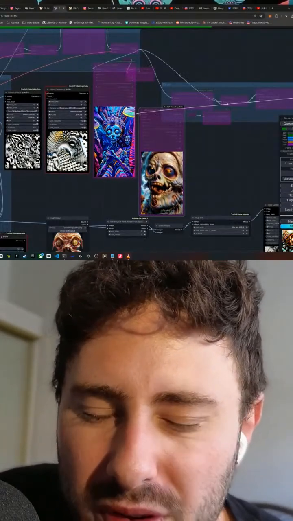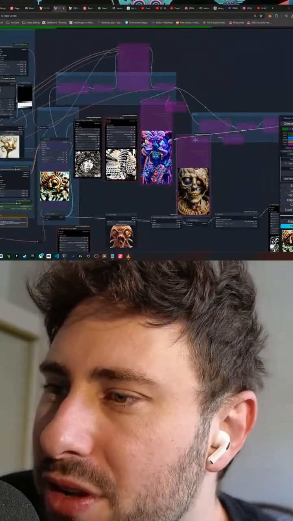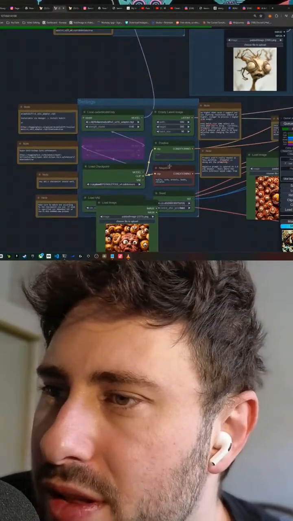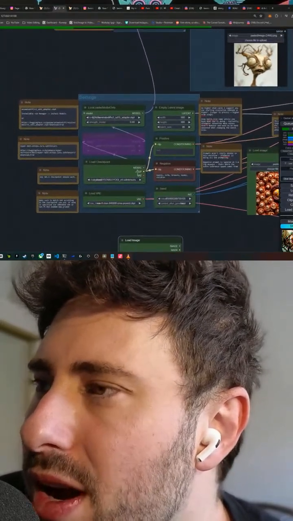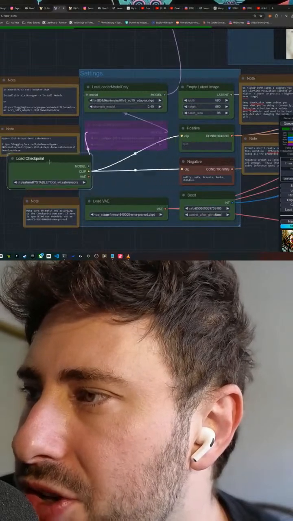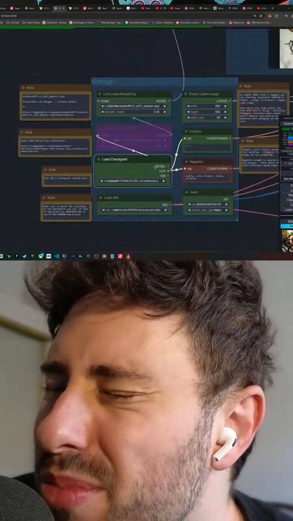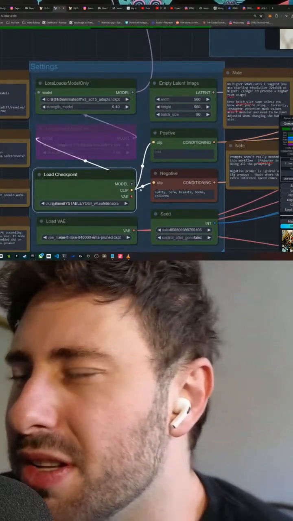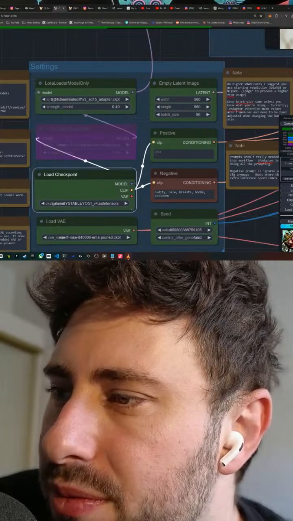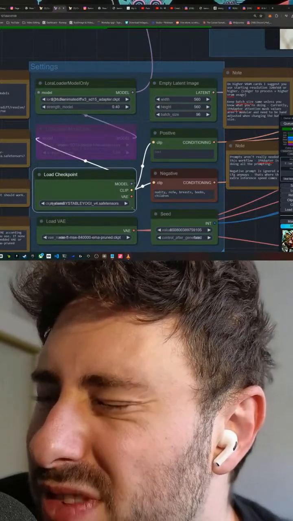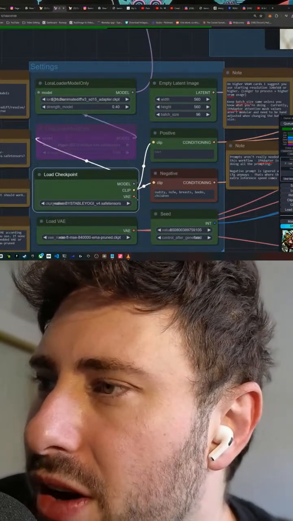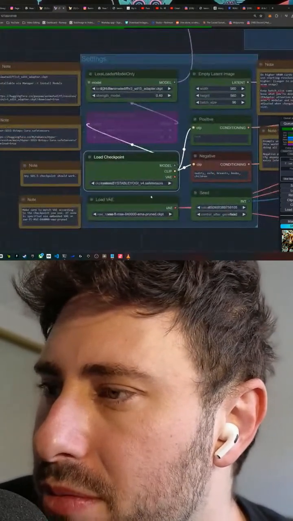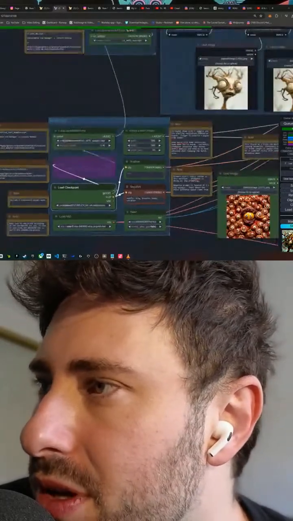Can you go over each node in your workflow? I can start to. I can give you a little high-level overview. I won't dive into every single node in detail at the moment, but I can point you to things. As I was saying earlier, the checkpoint is the starting point of the workflow, and it's where you load in the model that you would like to use. The model basically dictates the style of your end result. It's basically a huge database of referential material which helps to style the work. And I'm using a model that happens to be really good at realism, and I like realistic stuff.